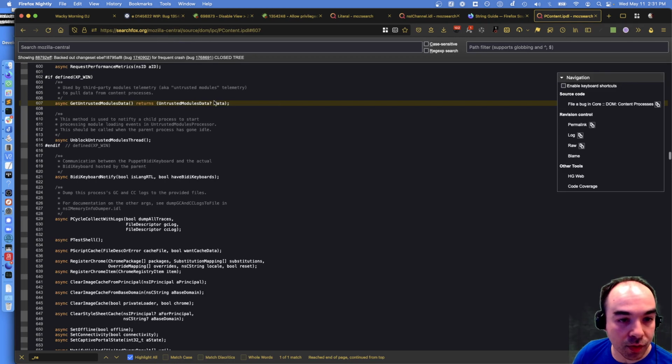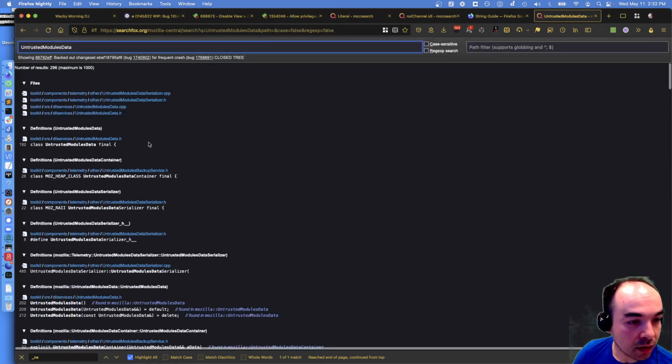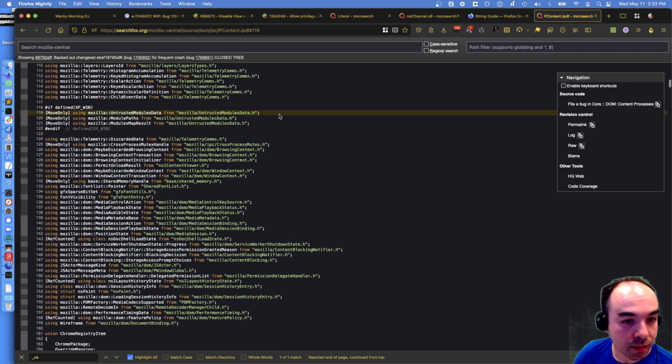And then untrusted modules data is a structure. And how is that brought in? Move only, using move only. Probably want to do that move only too. And here's how you bring it in. Move only.